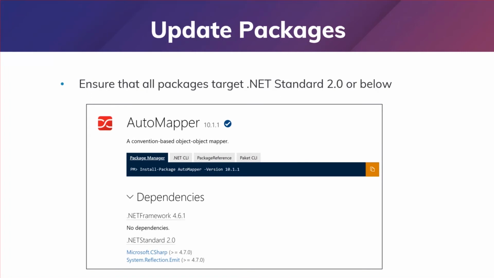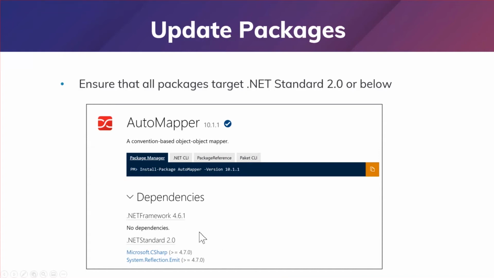So if you have old packages, like we had AutoMapper 3.0 when we did this, that AutoMapper version will only target the .NET Framework. It will not target .NET Standard. That by itself was an issue, because we needed our dependencies to run on .NET Standard so they can run on .NET Core. So what you have to do first is go through all your packages and retarget them, or upgrade all dependencies to a version that includes .NET Standard 2.0.